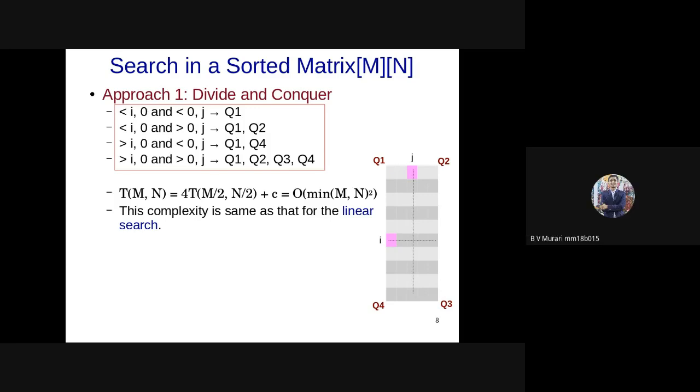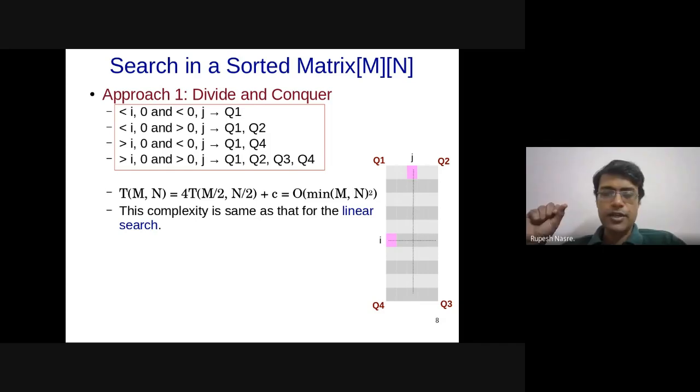Okay, sir, understood. I was thinking we can choose any of 00 or M0, N0 or Mn. Like suppose we want to search 49 as the element, whichever we get the minimum difference, start from that corner. As you said, I understood the problem with that. Yes, sir. What Murari was suggesting is correct, that you can actually start from any of the corners. It's just that the search space is going to remain the same. It's just that it becomes easier to code up and think about or argue about, because you never split. All the elements are going to be in a rectangular shape. That is the only thing.